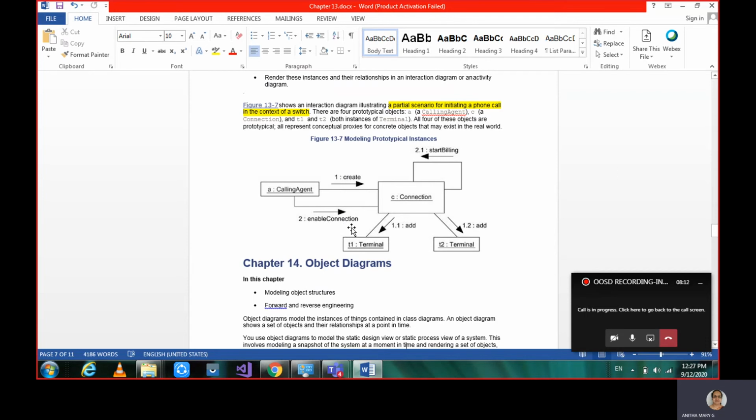As soon as the connection is established between the sender and receiver, this connection instance will start billing. So this is the scenario of initiating a phone call in the context of a switch, and these are prototypical instances, the dynamic aspects of instances that we can see in the course of time.